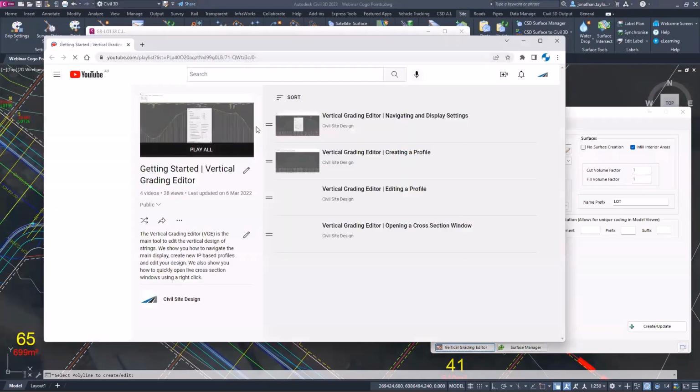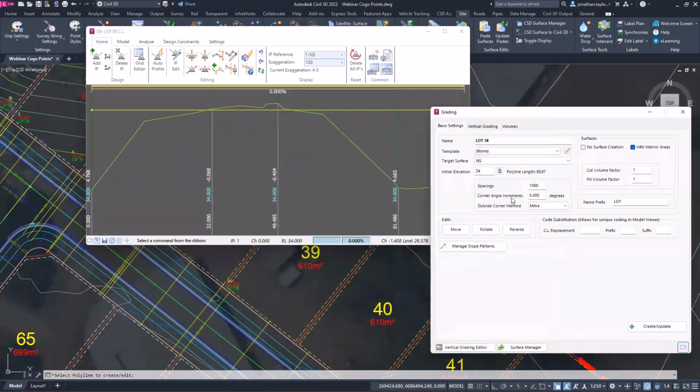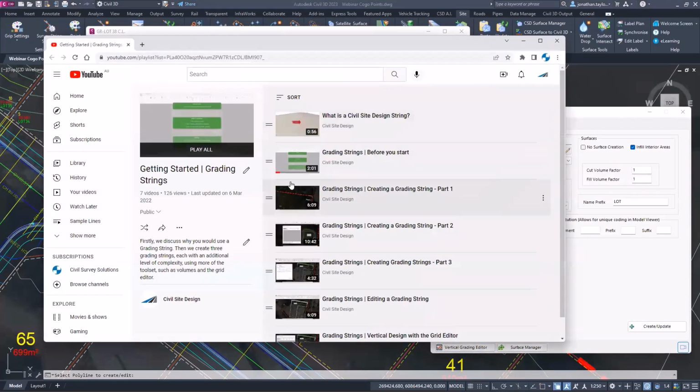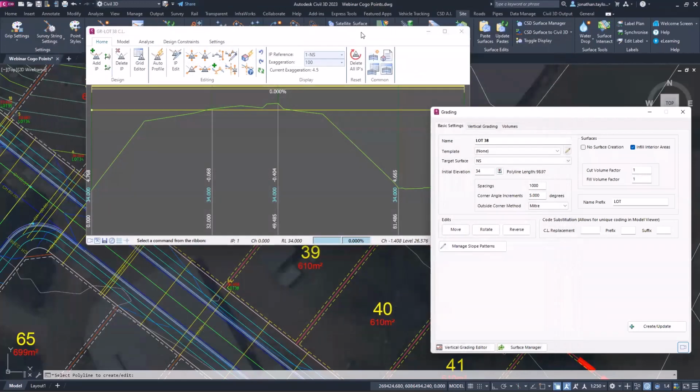again. Now I'm actually getting vertical grading editor. Maybe I want to go grading, click on that button. And this will grow as well, because at the moment we've done a first pass on a load of forms, but this will only keep increasing. And it uses playlists, which means that we can take videos out and replace them when they become outdated. So you're only seeing relevant content. Had to mention that quick aside. So